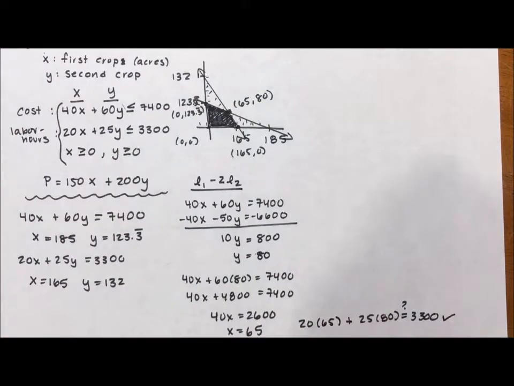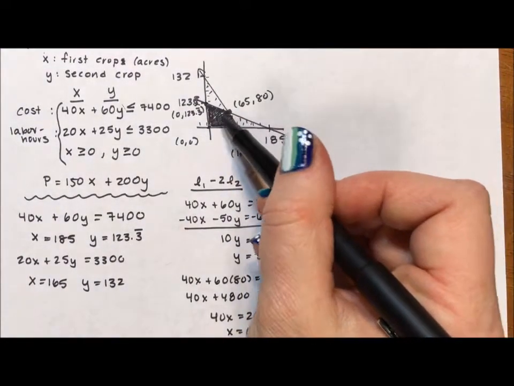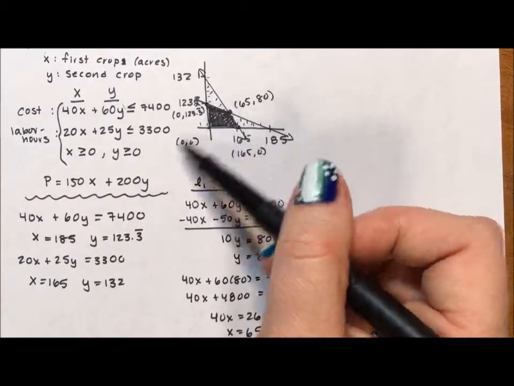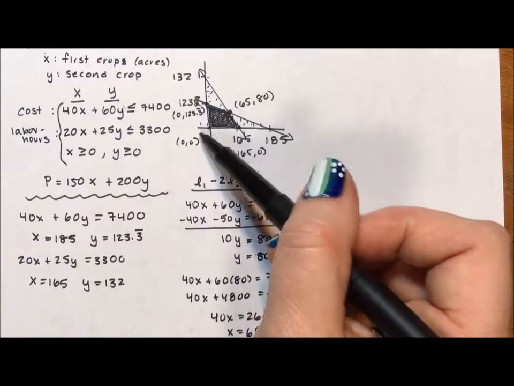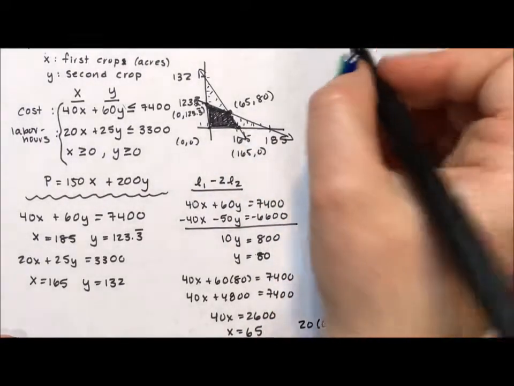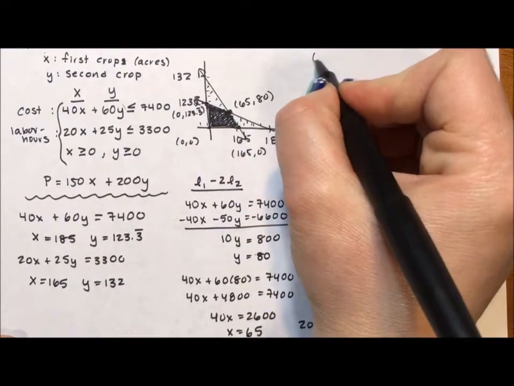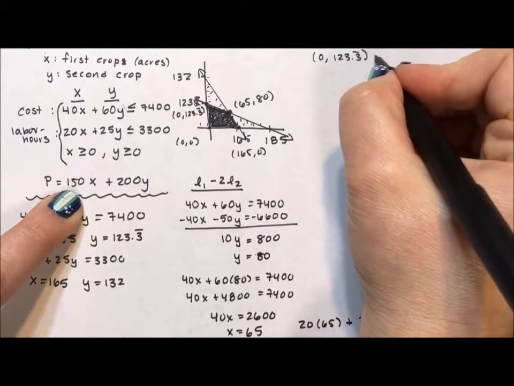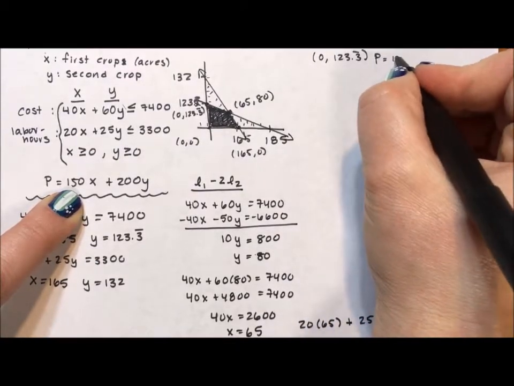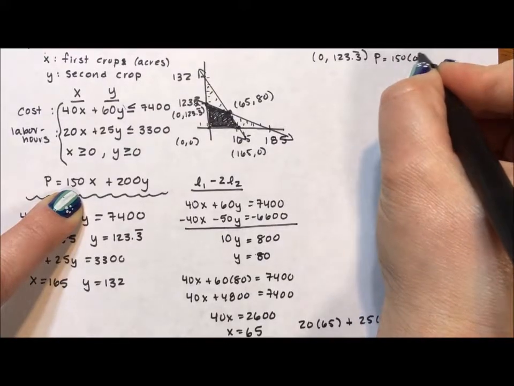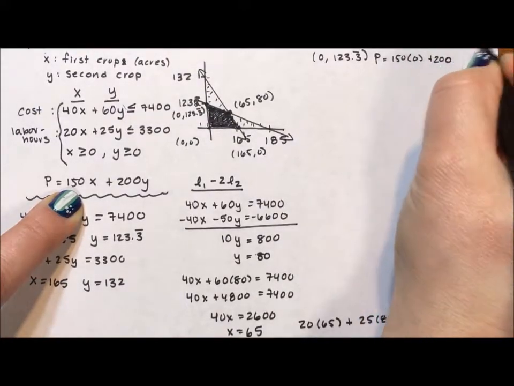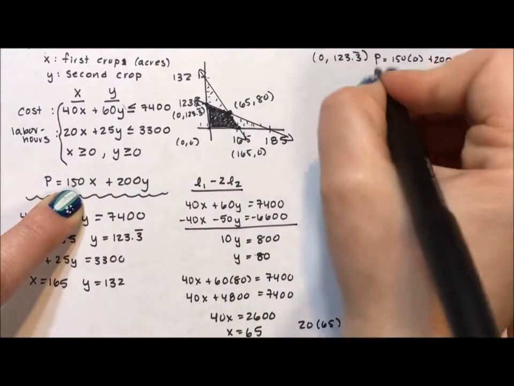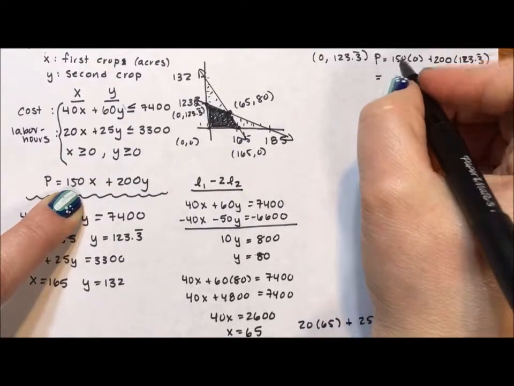Okay, so the thing is, though all of this infinite number of points satisfy for the number of acres of each crop, the maximum profit is going to come out of one of these 4 corners. So I'm going to test them all out. I'm going to start with this 0, 123.3 repeat. I'm going to put it into this profit equation. So if I do 0 acres of crop 1, and I do 123.3 repeat of crop 2, my profit is going to be